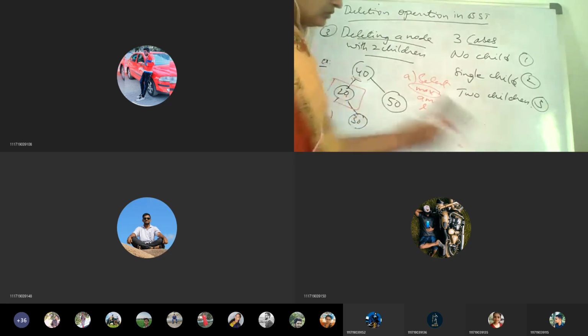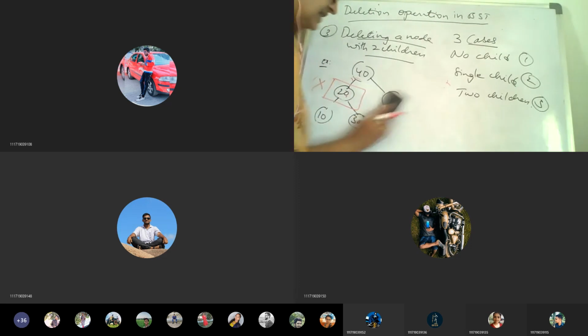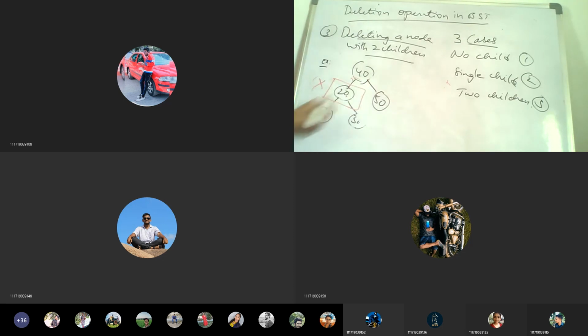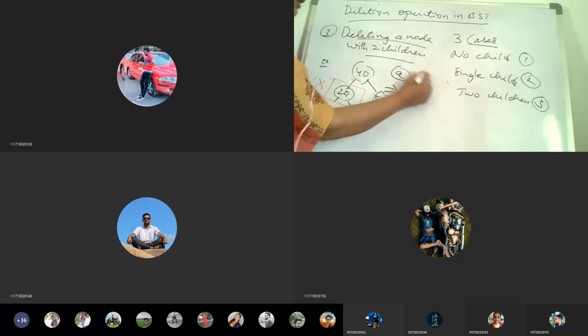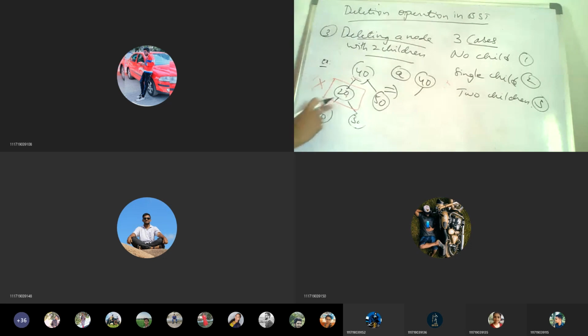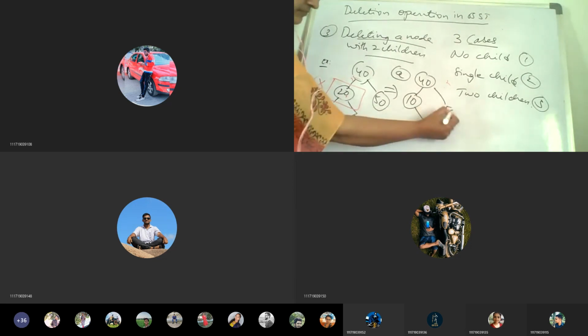Now, how can this example be rewritten? Both cases are true. In the first case, considering this one, here 40. From the left side, if I want to replace, since only one child is there, I directly take it as 30.